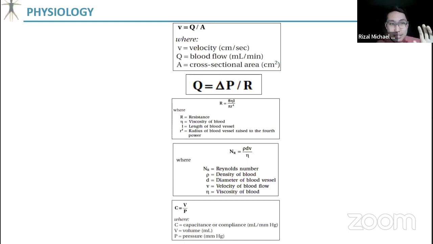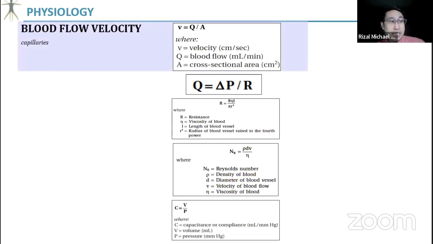Pero this specific slide, hindi ka masyadong magko-compute sa part na to, but what's more important is for you to know the concept, no, the basic tenet na mga to. Every time you're gonna see a formula in physiology, just always remember yung concept ng fraction. Kapag numerator siya, kapag nasa above siya ng fraction line, usually directly proportional siya to what happens to the outcome, right? Kapag nasa denominator siya, usually opposite or inversely proportional, right?